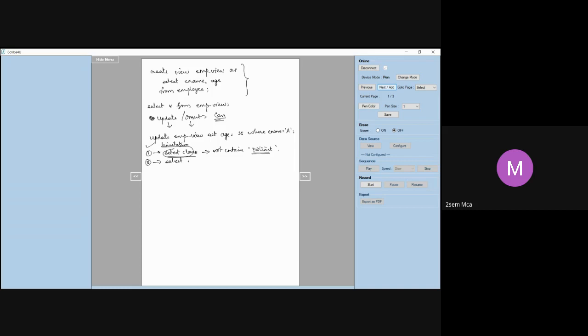Then the select clause, when you are trying to do some updations, should not contain any kind of summary functions. Summary functions are nothing but the aggregate functions, meaning max, min, sum, average. These you cannot use on a view. It is not allowed. Then you cannot make use of any set operations, such as union, intersection, minus, difference. Those operations are not allowed on views.